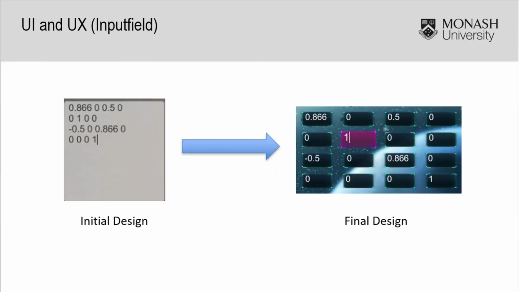To make the input field more user-friendly, there are two main modifications. Firstly, the input field was separated into 16 individual input fields. This makes the input numbers look neatly arranged. Additionally, it is easy for users if they want to change one of the numbers. Secondly, bounce and highlight effects were added to the input field when it is chosen, to show users which blocks